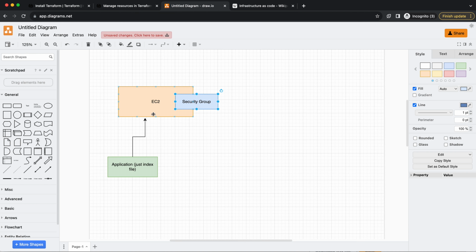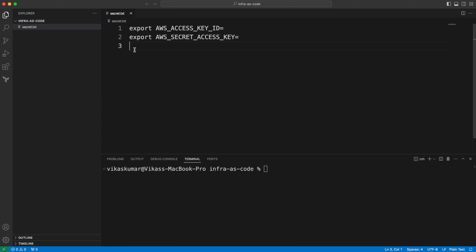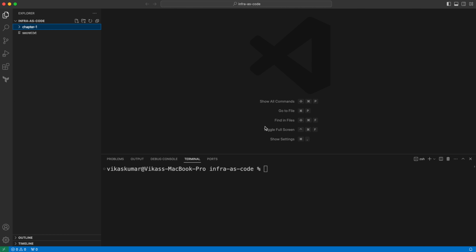So let's start with EC2. We need to create the EC2, and this EC2 will belong to AWS. So here we are just targeting AWS, right? So let's start with AWS. First we need to create, let's create a chapter 1. I am going to give many examples. Here we are starting with a very basic example. So just starting